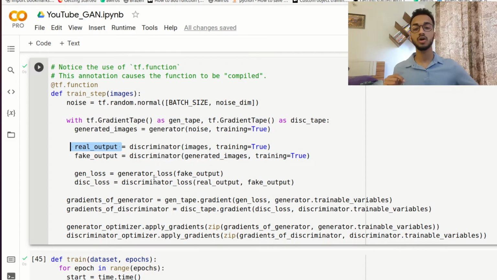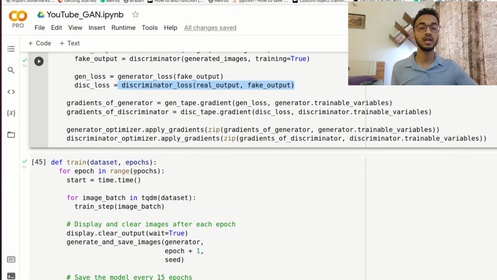Then we simply calculate the loss function for the generator, and we calculate the loss function for the discriminator as well. For the discriminator, we have to calculate the loss function in both cases, when we give it the real output and when we give it the fake output. Then using these loss functions, we calculate the